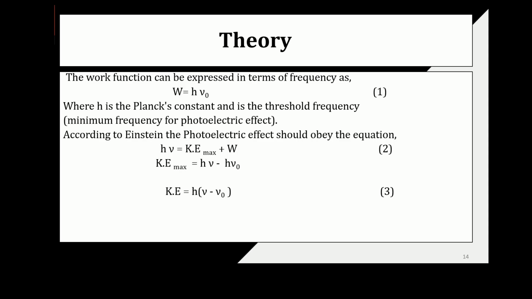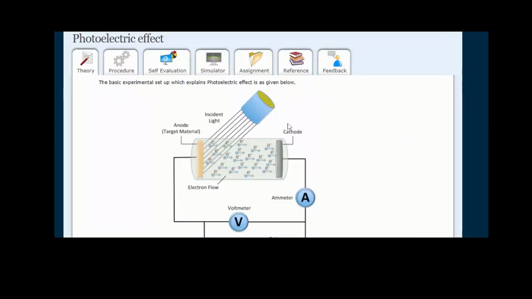I will share my simulation link, where we will explain these equations. Here you can see we have a target material in this discharge tube, and a cathode, and there is a window from where we shine light on the target material. This target material is actually a photosensitive plate. When light of suitable frequency strikes this metal surface, and the light has energy greater than the work function of the metal, that means greater than the binding energy of the electrons,